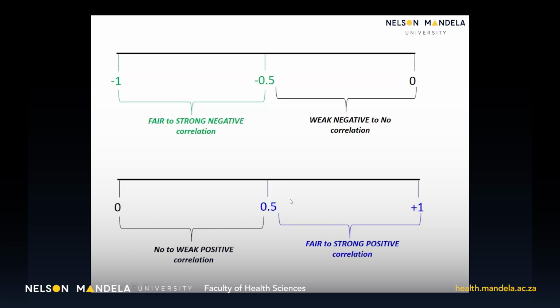It's just a matter of you understanding, where do I cut off? So you can use 0.5. In most reports, you need to specify your cutoff, because there's no universally accepted number. It's very subjective, but it's always between 0.5 and 0.7. So in your report or in your methodology, before you interpret, you can specify that a correlation value of more than 0.5 is considered a good relationship or association. Always specify the cutoff value you use in your report, so that whoever is reading it can understand it, because you don't know what cutoff value they are used to. But if they can see the one that you use, then they can understand your results, conclusion and recommendation